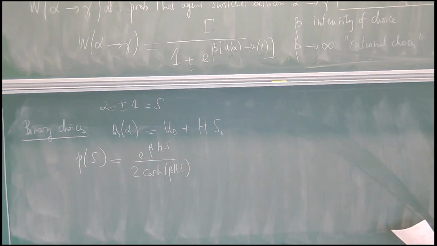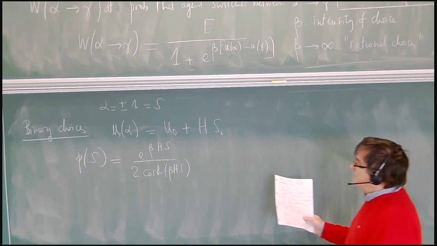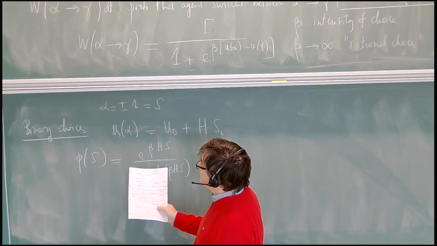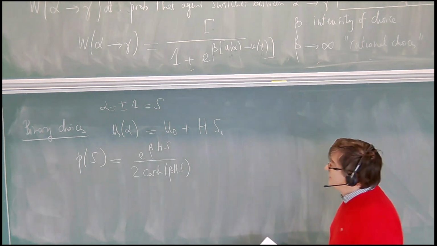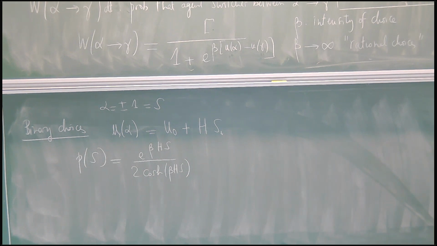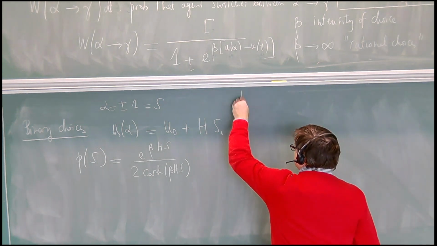So if H is very large, you tend to pick 1, and if H is very small, you tend to pick -1. But what is interesting is that in order to expand the random field Ising model, we have a way to do this by introducing some temperature in the system. And so what I'm saying is that if you